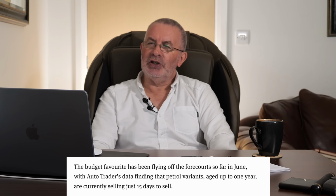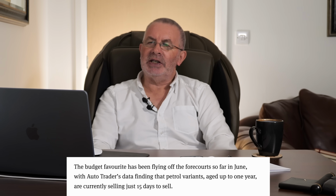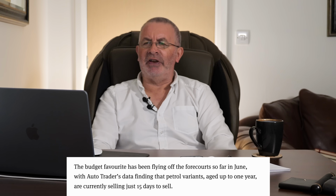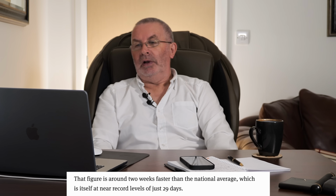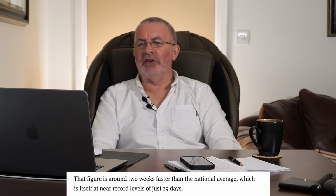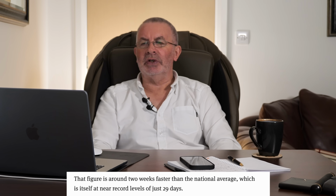With Autotrader's data finding that petrol variants aged up to 1 year are currently selling in just 15 days to sell. That figure is around 2 weeks faster than the national average, which is itself at near record levels of just